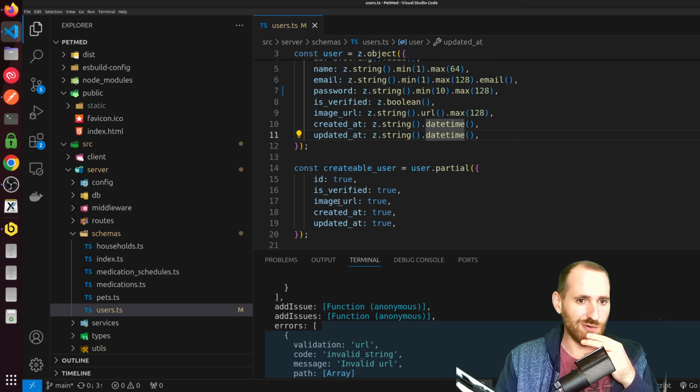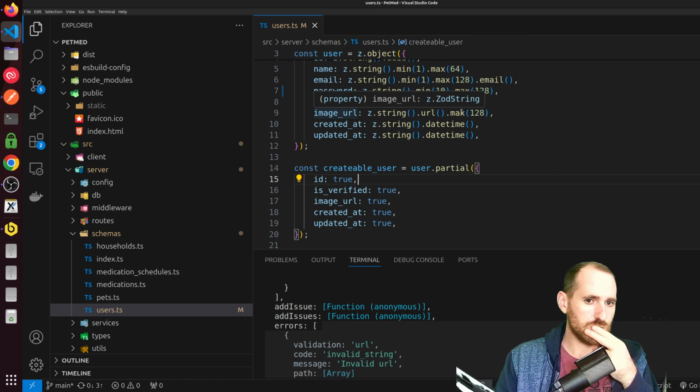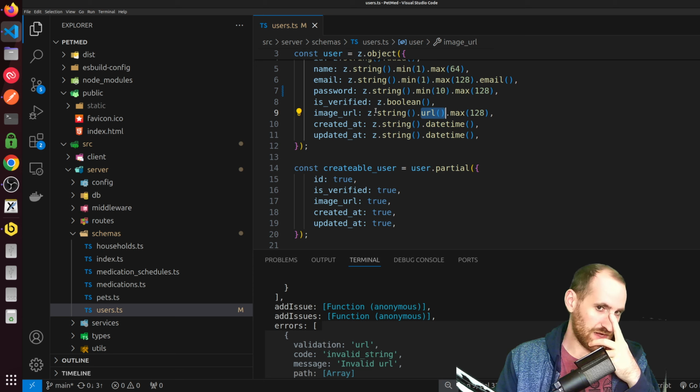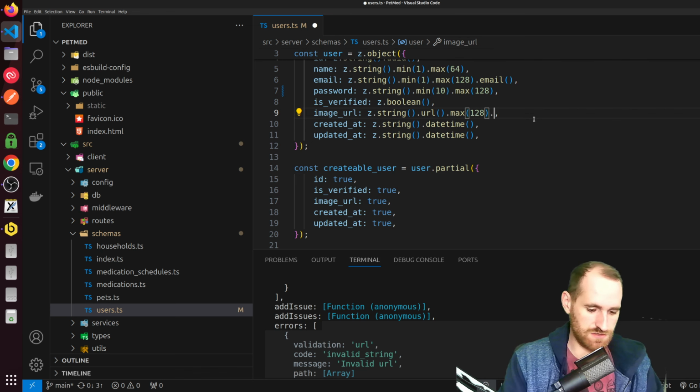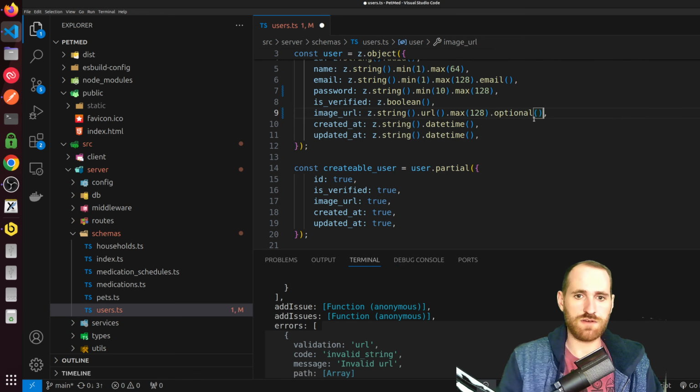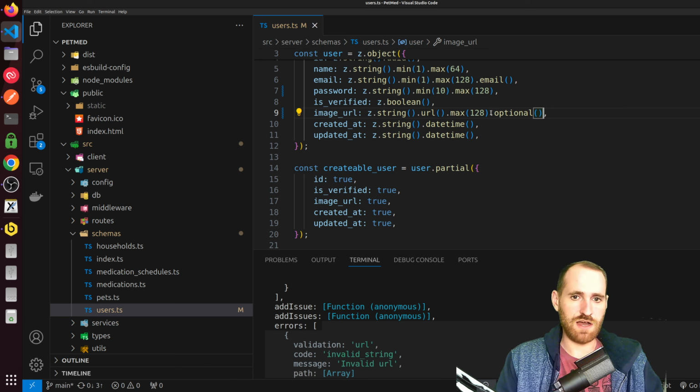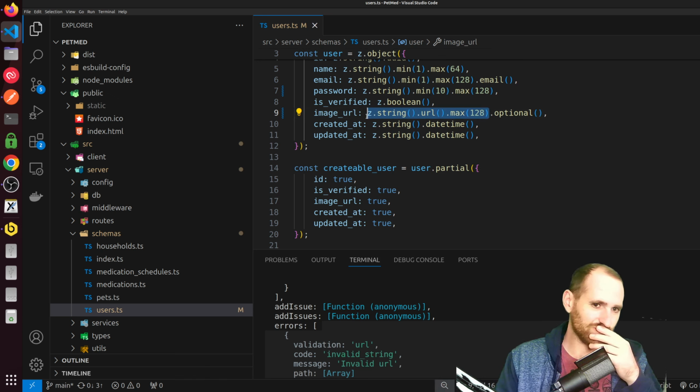So here we are, image URL, creatable user. So it's checking for a URL format, and I'm allowing it to be undefined. Let me go ahead and explicitly make it optional because, well,